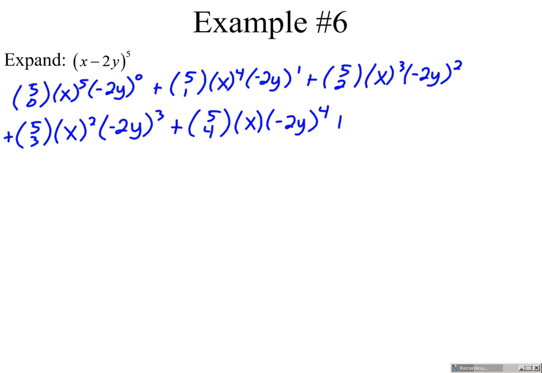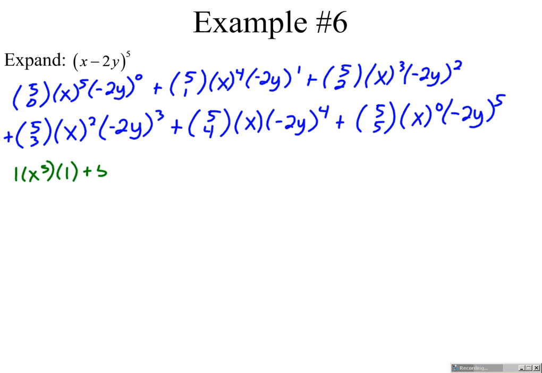And finally, the last term is going to be 5 choose 5, x to the 0, negative 2y to the 5th. Begin simplifying all this. 5 choose 0 is 1. X to the 5th times 1. So we have 1 times x to the 5th times 1 plus 5 x to the 4th times negative 2y